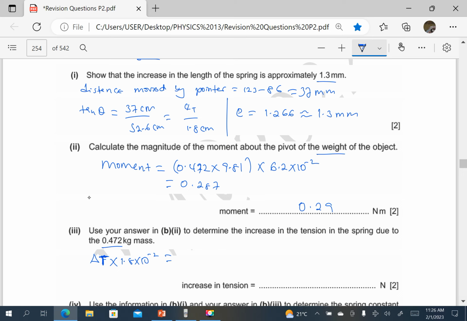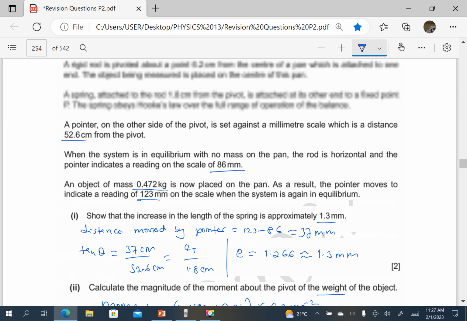Because we have added weight, the added moment must be equal to the increase in the moment experienced by the spring. So this is going to be 0.29, because